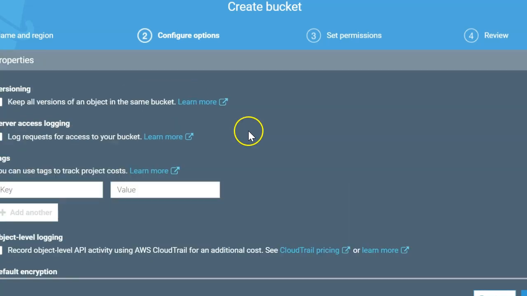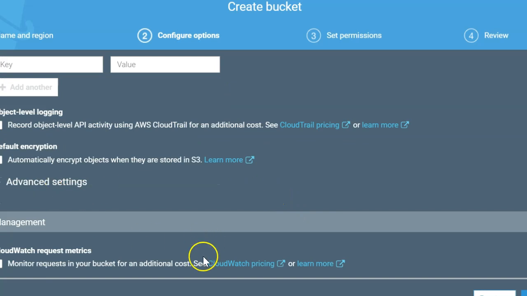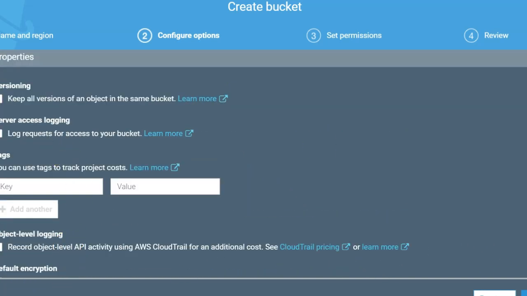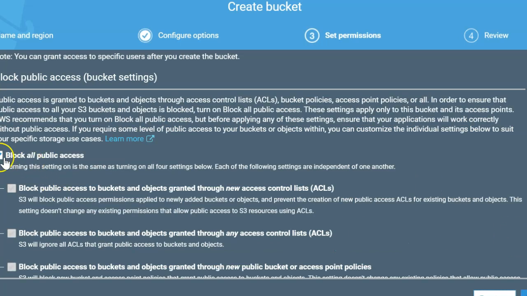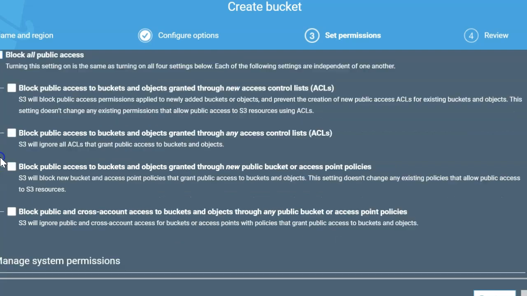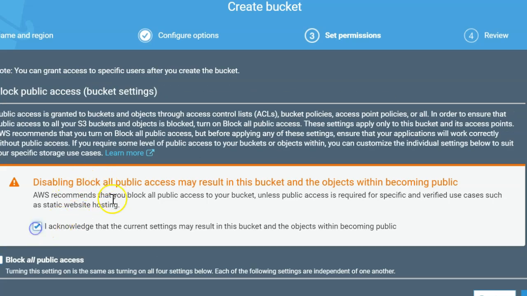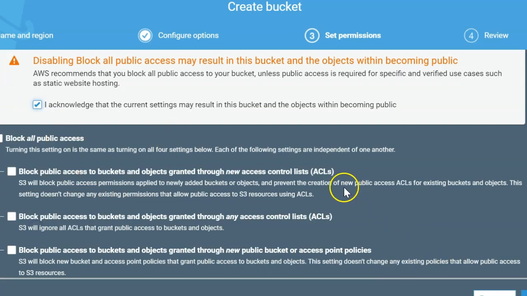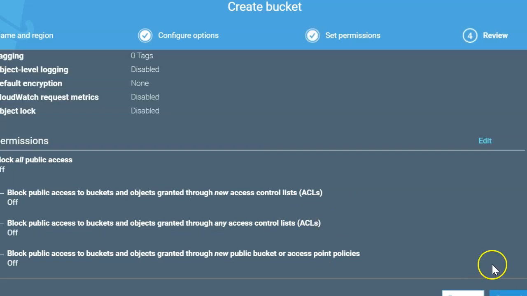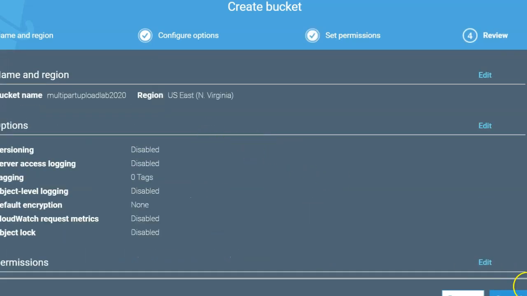The bucket name is available, and then you can leave all the options as defaults. You don't need to make any changes here, not CloudWatch, not versioning for this activity. Then you hit next, and here you need to unblock all the public access. I acknowledge, unblock this public access, then hit next, and then you can review and create the bucket.